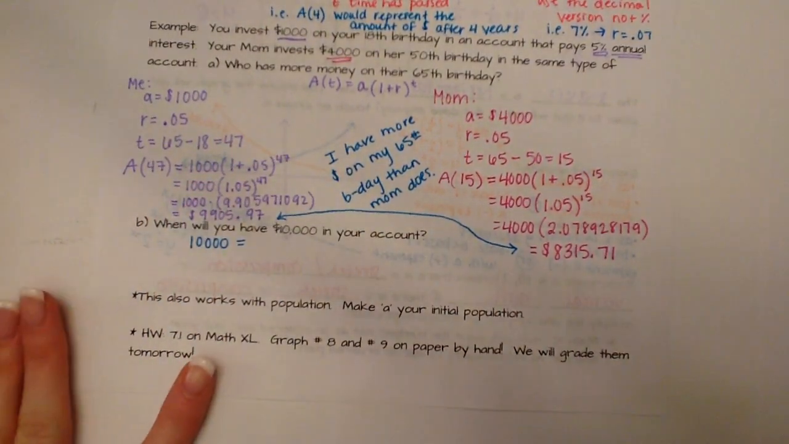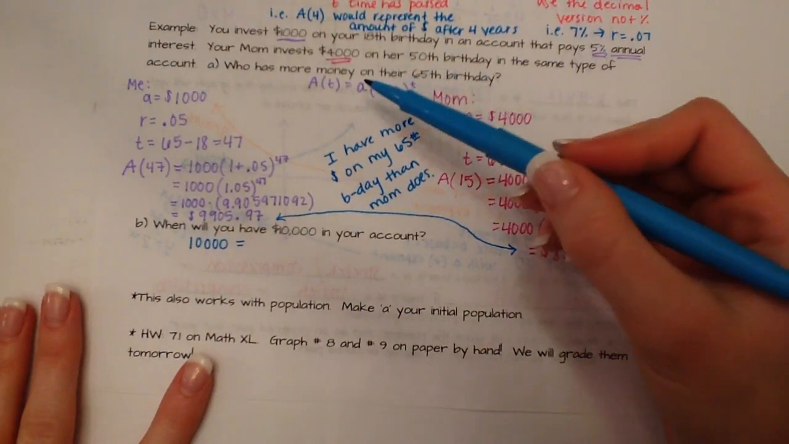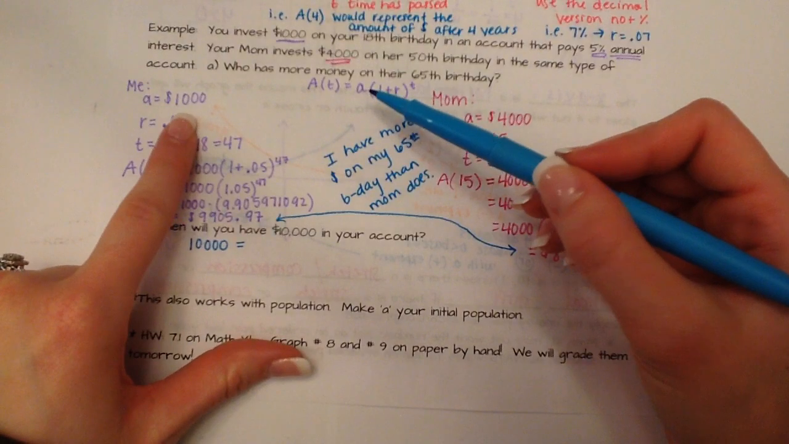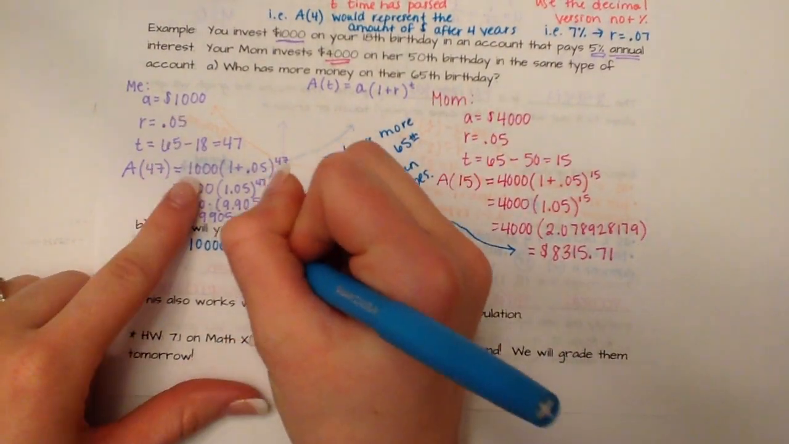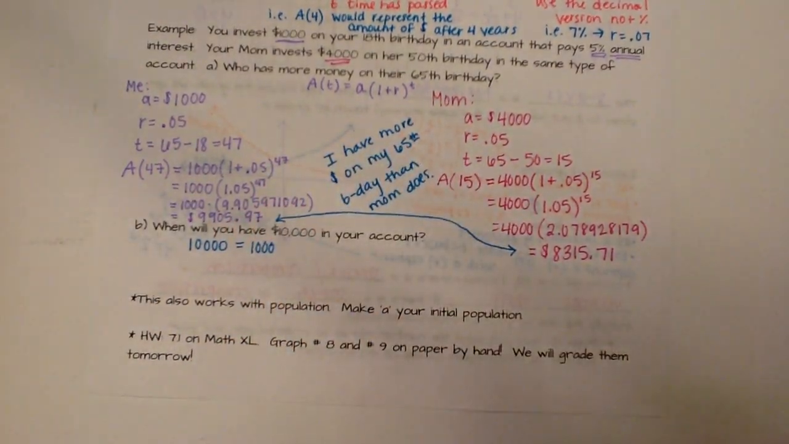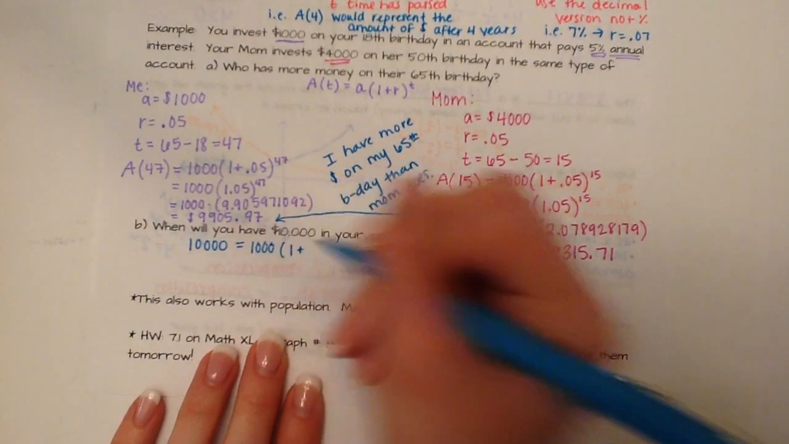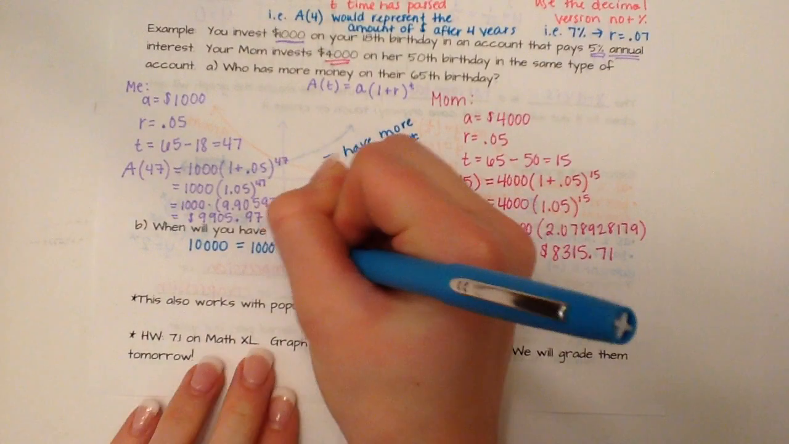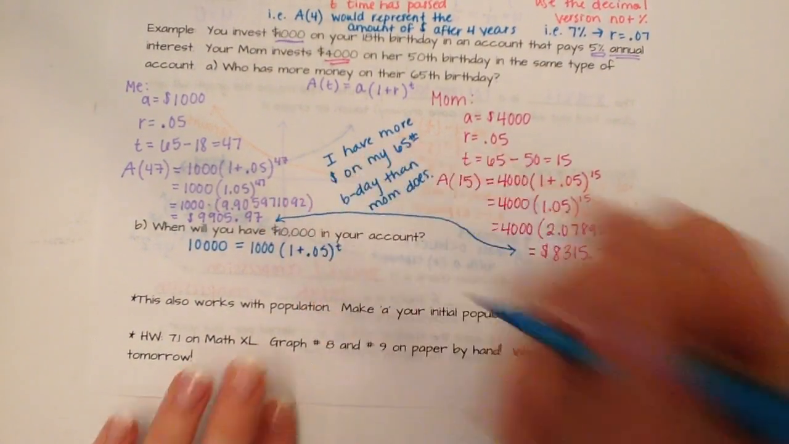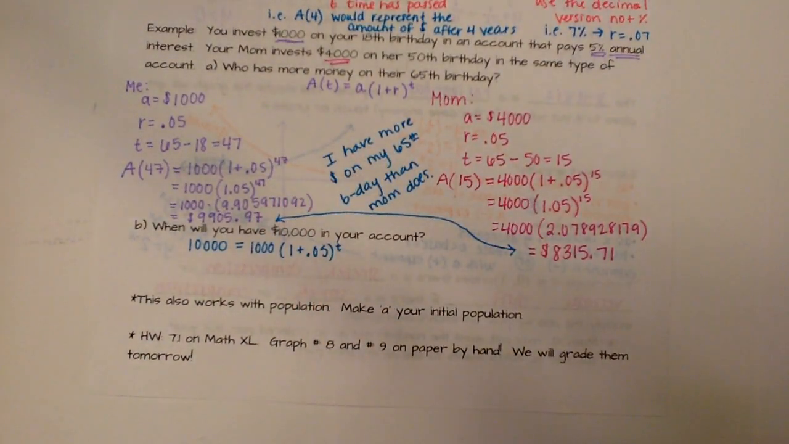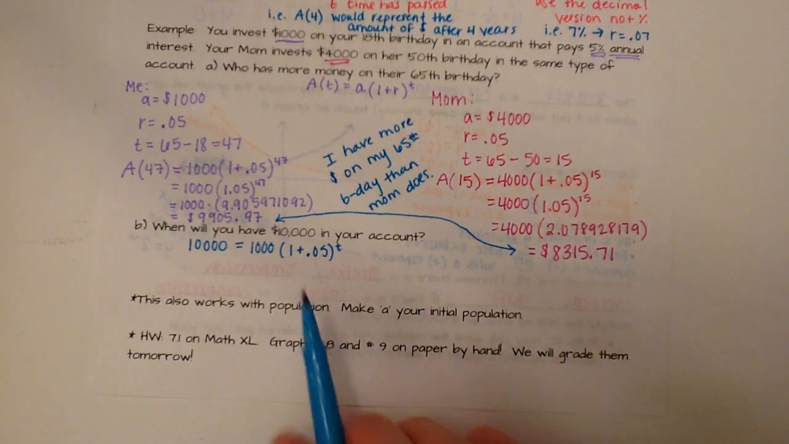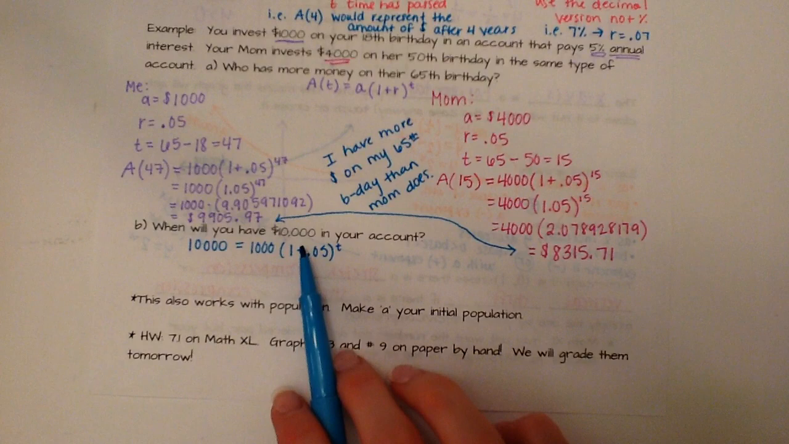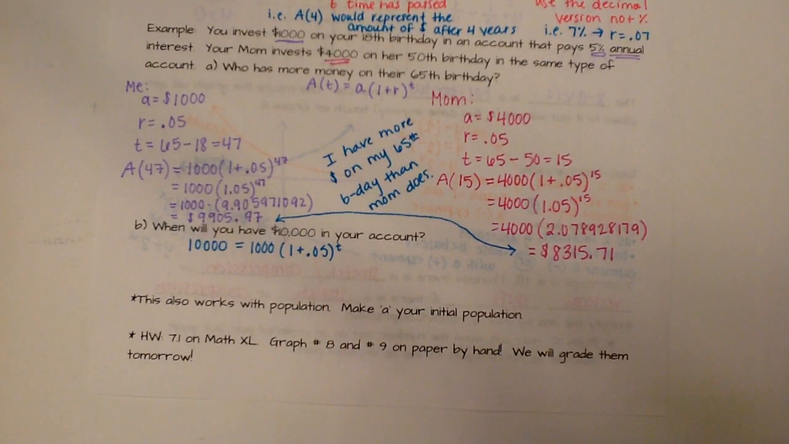and that's going to equal, since we're talking about us, our A stays the same, so our initial amount is still 1,000 times 1 plus our rate stays the same, which is 0.05, raised to the t, and we don't know what that is. So we wanted to know how long it'll take us to get 10,000 in our account. So in your calculator,